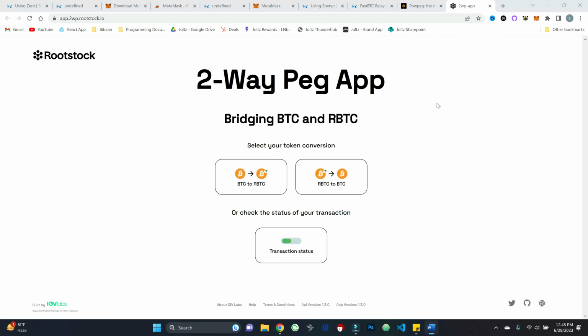The challenge with this is that it takes a lot longer. This is certainly the most secure and low cost way to do this. So using this two-way peg app provided by Rootstock here, but it will take a lot longer. I think it's estimated to be like 17 hours to do a peg in and 34 hours to do a peg out. So again, great option to have, but for my purposes today, I will be using the faster option,